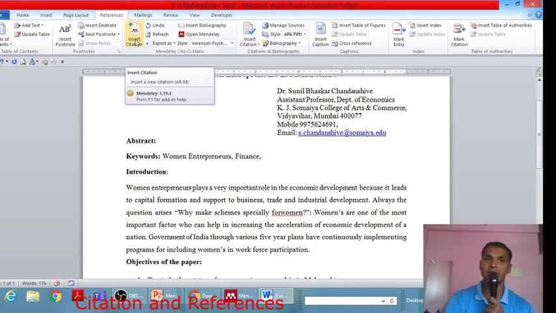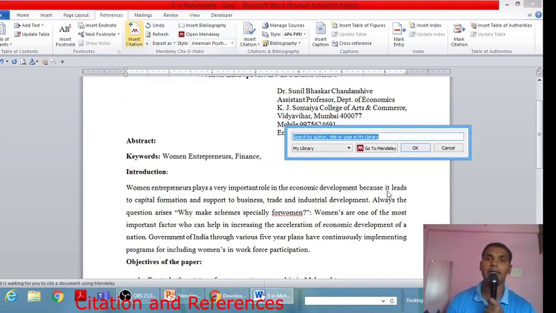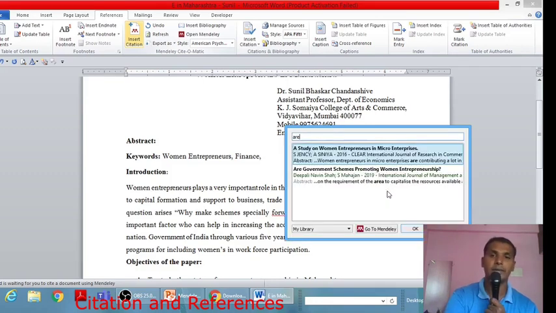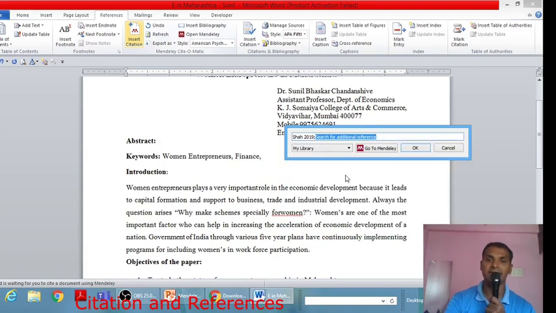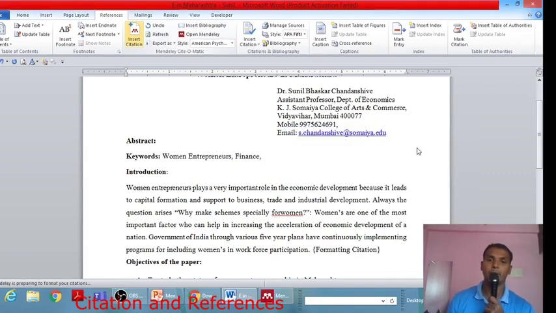So I'm going to click on Insert Citation, and here you need to remember what the title of that article was. Actually, the article from which I copied this text had the title Our Government Schemes Promoting Women Entrepreneurship. So I have selected that, and after that I have clicked on OK. Now you can see the citation has been added.